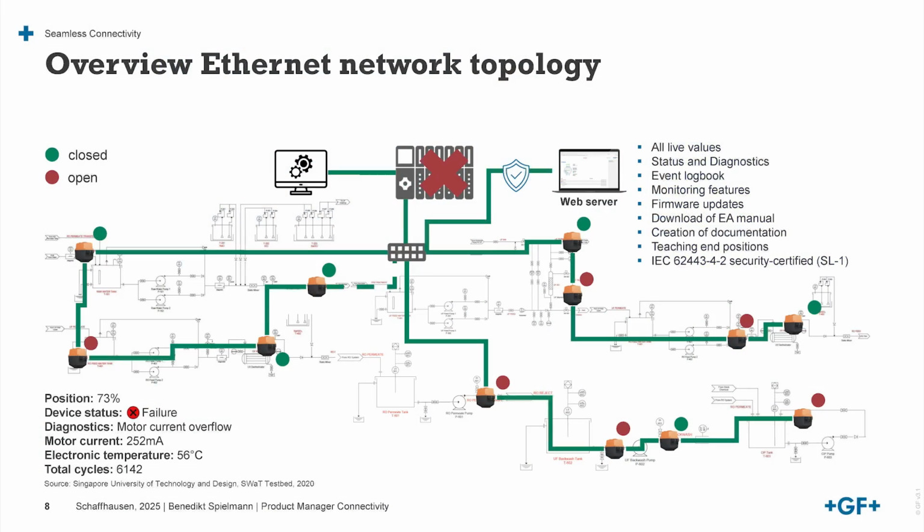In addition, with industrial Ethernet, we are using the functionality of providing an embedded web server. It's embedded in the device, and it can be accessed from anywhere in the network. And in this web server, you will have a lot of additional features which can increase your efficiency in daily operations. Again, everything around additional values, additional diagnostic insights, but also very nice features like teaching the end positions of the valve, for example. And in addition, in terms of cybersecurity, this embedded web server is also certified according to the global cybersecurity standard, which is specified in an IEC standard.